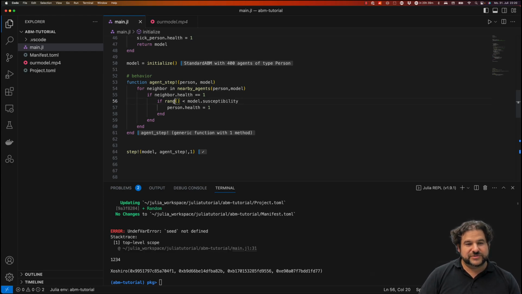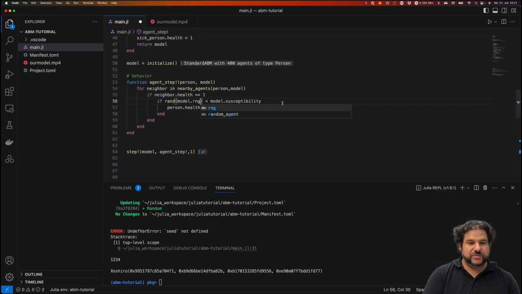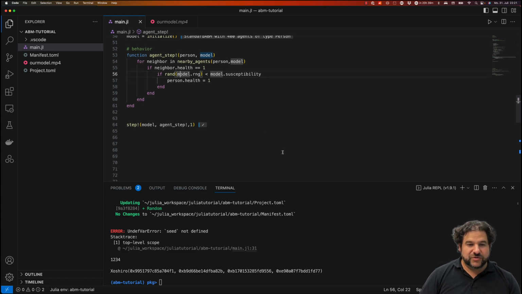Not here. This random is not using this random seed, so we need to tell it to use it, and we can do this by doing model.rng. So whenever you have random, you want to put in the model RNG as a first parameter to make sure that it is using the random number generator. And if we now,